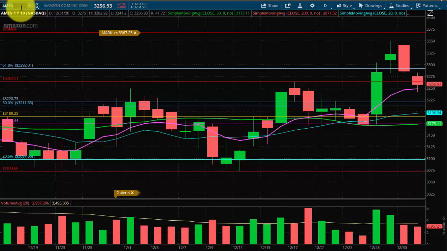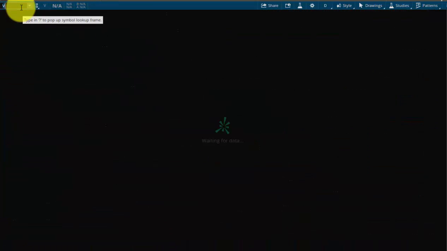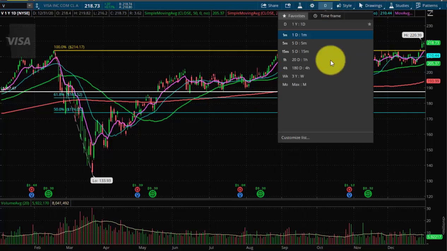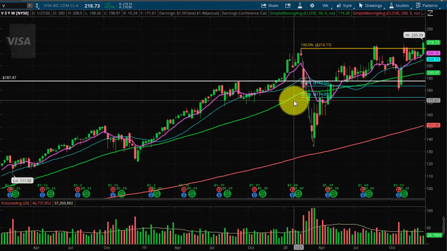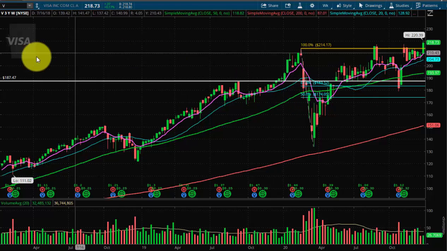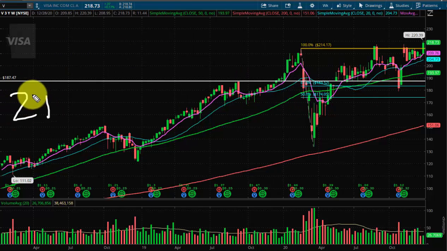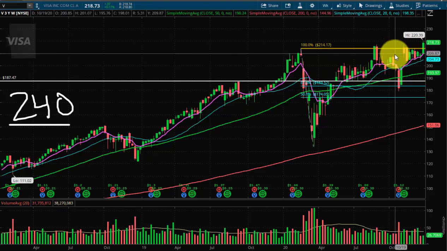Okay. So Tesla, we know what to look for short term. Amazon, we looked at the big picture. Visa is really simple. Basically, the stock is breaking out to blue skies and it's indicating a move to 240. Okay. I hold this stock long term, so I'm just telling you my next long term target. Just being transparent with you guys. Okay. But Visa extending that range last week of 2020.